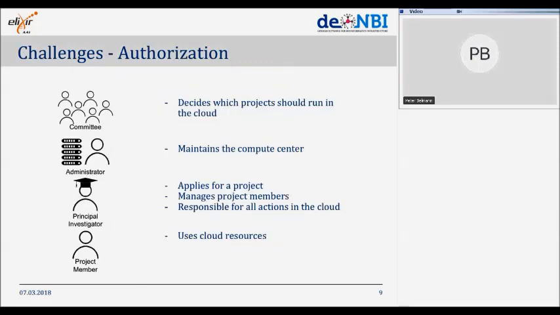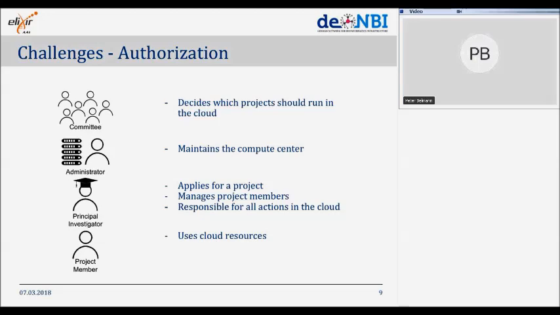So the first challenge appears by the simple fact that we do not have just one user who accesses the cloud, but we have different user roles. And this imposes the problem of authorization. So we have, for example, a committee who decides which projects should actually run in the cloud. We have an administrator who maintains the compute center.